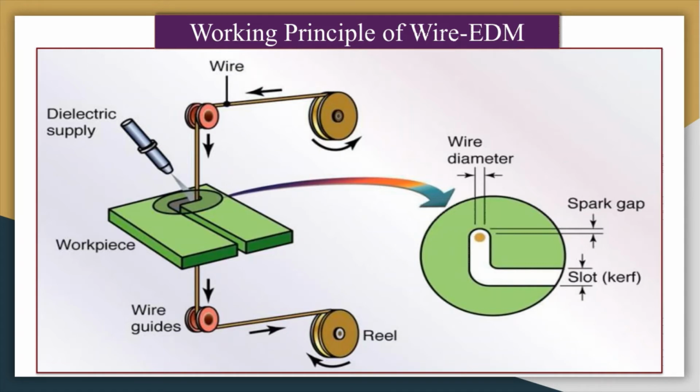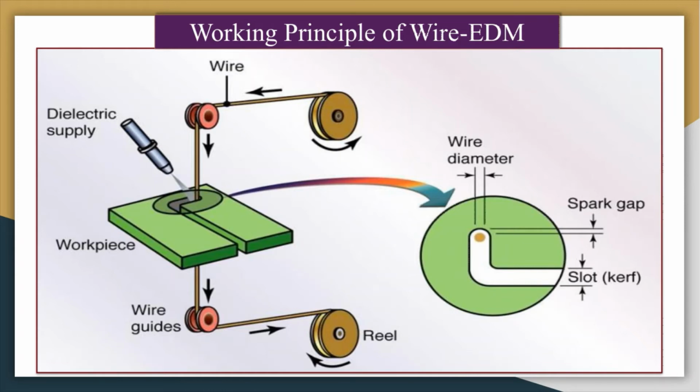Here you can give 4-axis motion also. Different kinds of shapes can be generated by this EDM process by tilting the wire in the forward, backward, left or right direction. The capability of this wire EDM setup can be represented by the maximum tilting angle. It can move the wire, it can bend the wire also. So this is an advantage of the wire EDM process.